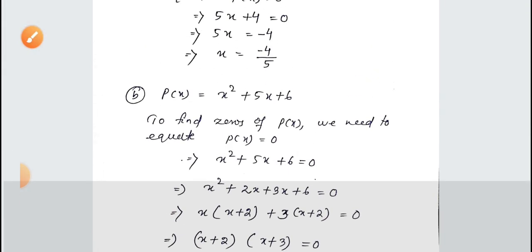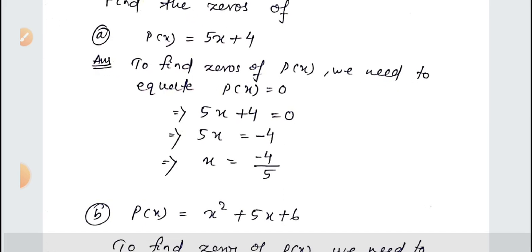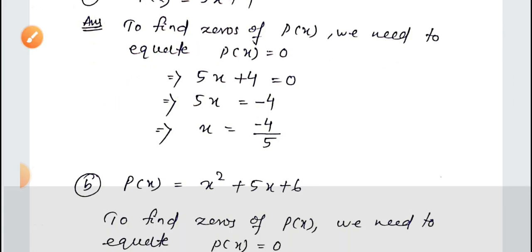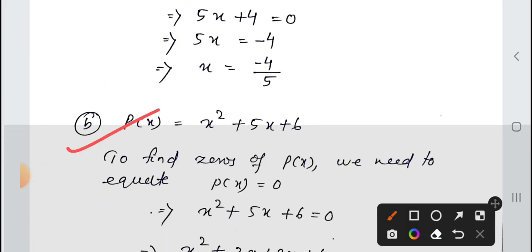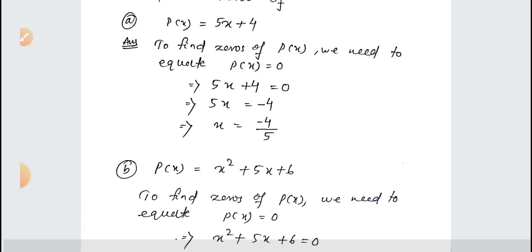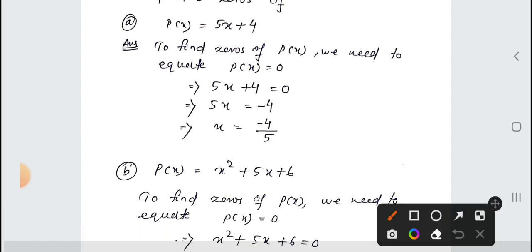So this was all about the zeros of linear and quadratic polynomials. To find the zeros of a linear polynomial is very simple, and in the case of a quadratic polynomial you just need to think of some numbers, and the different approaches we will learn in the next classes. But you can use this simple approach now to find zeros, and I will give you some tasks at the end of the session. And you have to remember one thing: